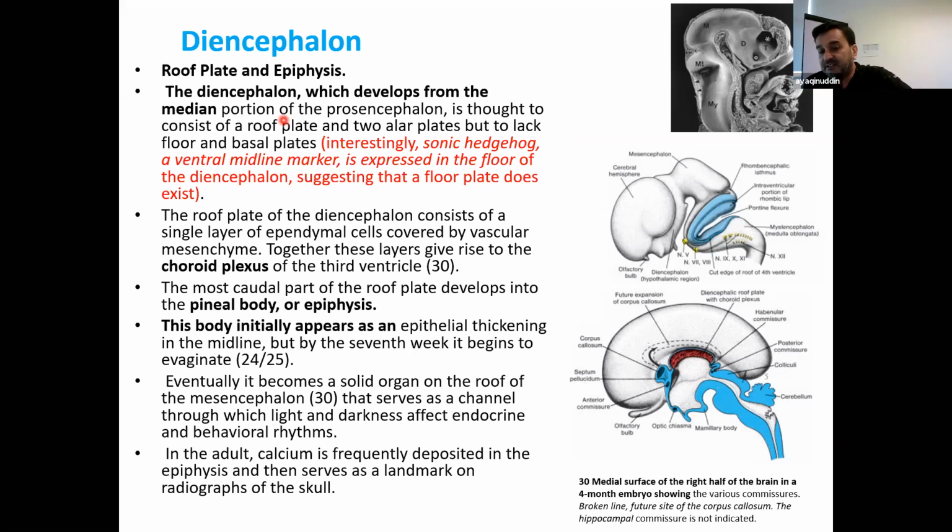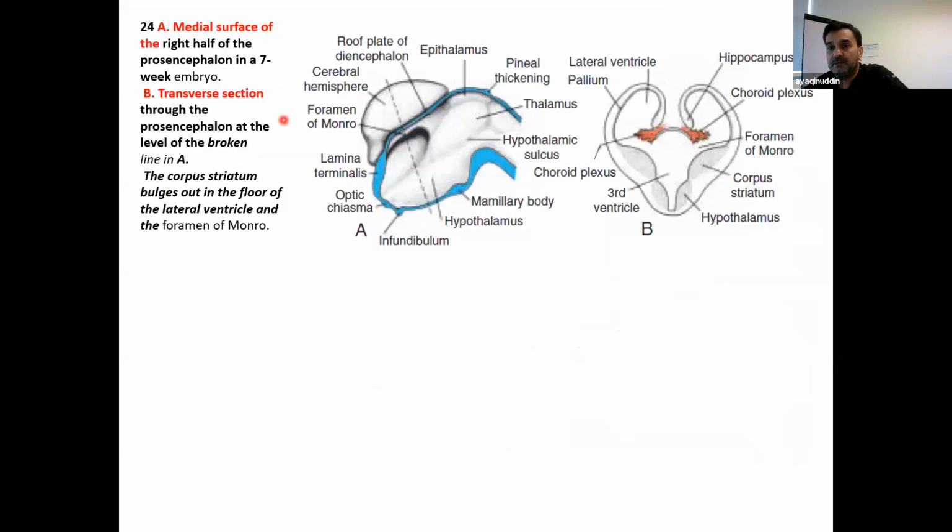The two alar plates which you see in the diencephalon: the cranial part of it is going to give rise to the thalamus. The caudal part of it is going to give rise to the hypothalamus. So you see here, this is the alar plate, and the lower part of this alar plate, or the ventral part, is going to give rise to the hypothalamus, the mammillary body, the infundibulum, which is the diverticulum which participates in the formation of the